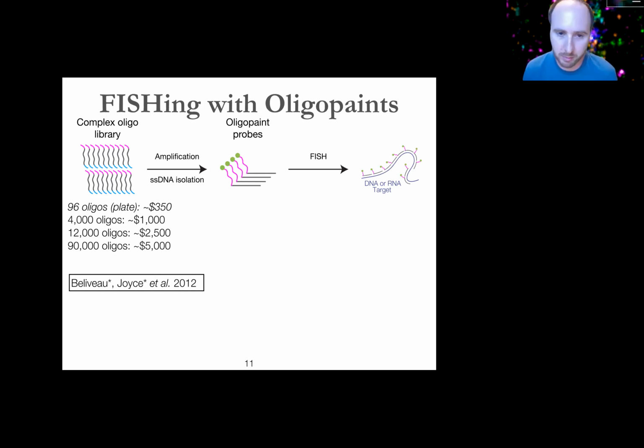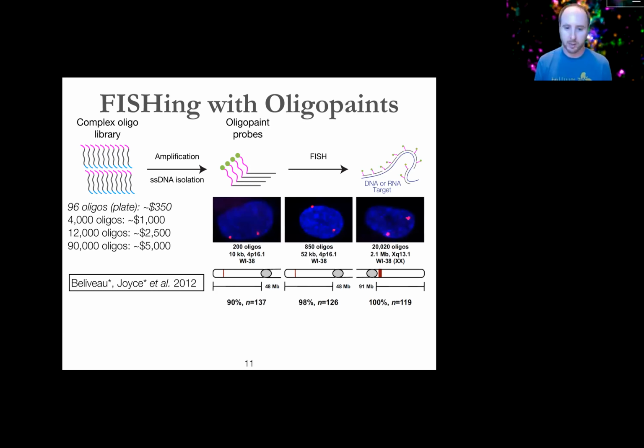And that's where we started when we were developing Oligopaints about a decade ago, was kind of figuring out a process by which we could, for instance, put primer pairs around these sequences that are going to target the FISH probes and to efficiently make these in bulk to the scale of like picomoles or so, which is what you need to do a FISH assay. And then we can apply them to try to target a given stretch of chromosome or messenger RNA. And the good news is that this works really well.